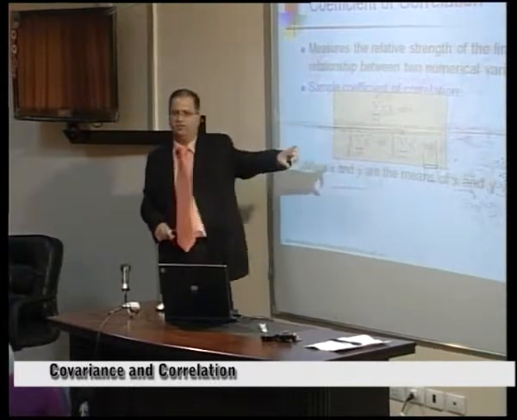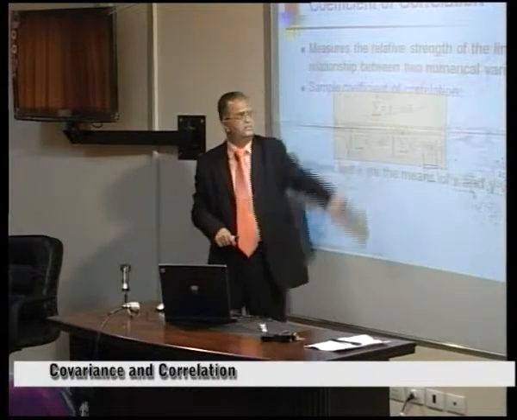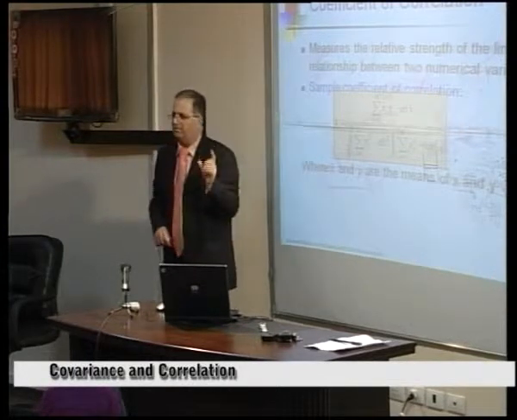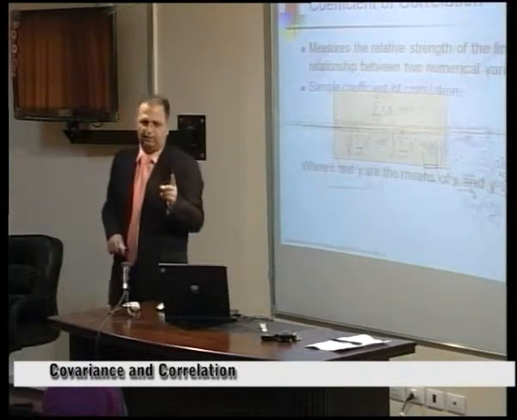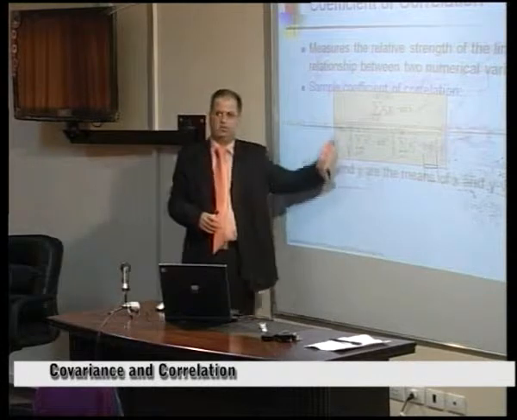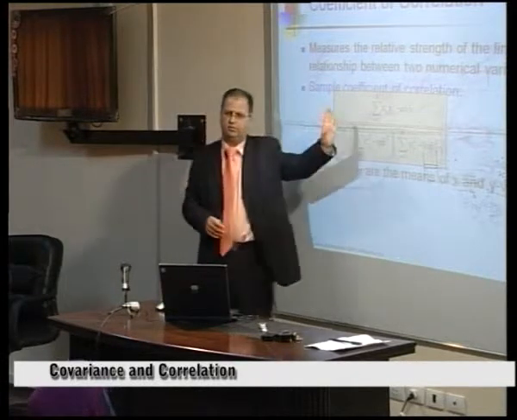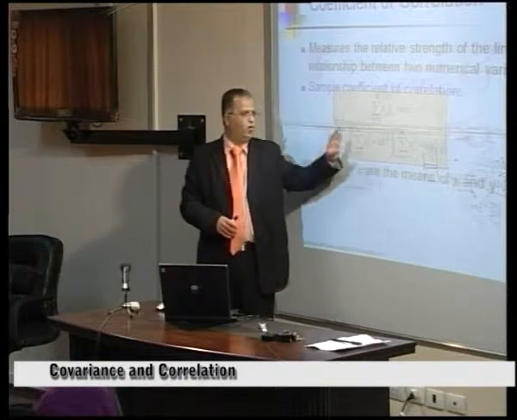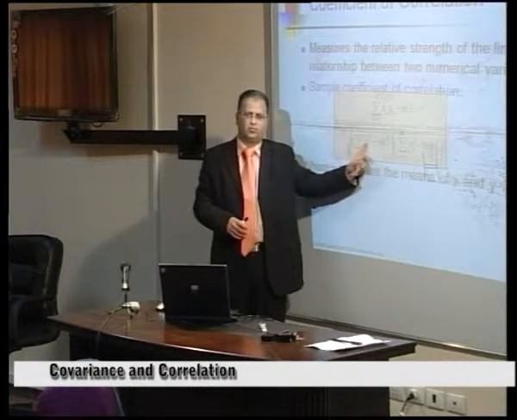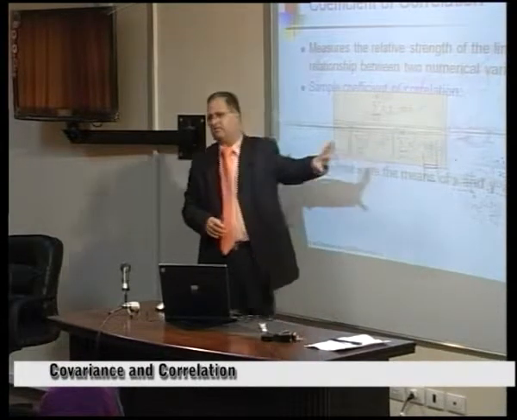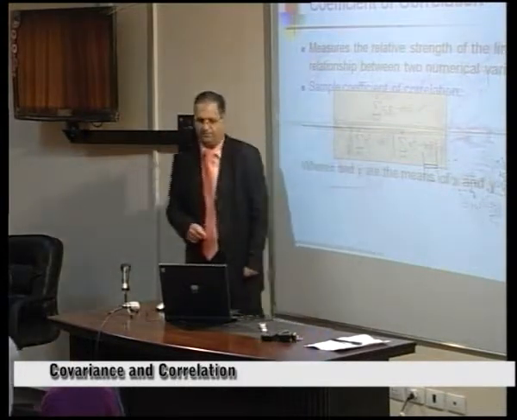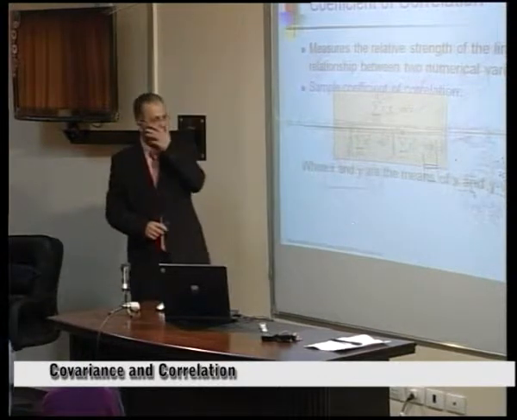R is just the sum of xy minus n, where n is the sample size, times x bar, the sample mean for x, times y bar, the sample mean for y, because here we have two variables. Divide by the square root, don't forget the square root, of two quantities. One concerned with x and the other with y. The first one, sum of x squared minus n x bar squared. The other one is similar, just for the other variable, sum of y squared minus n y bar squared. So in order to determine the value of r, we need,